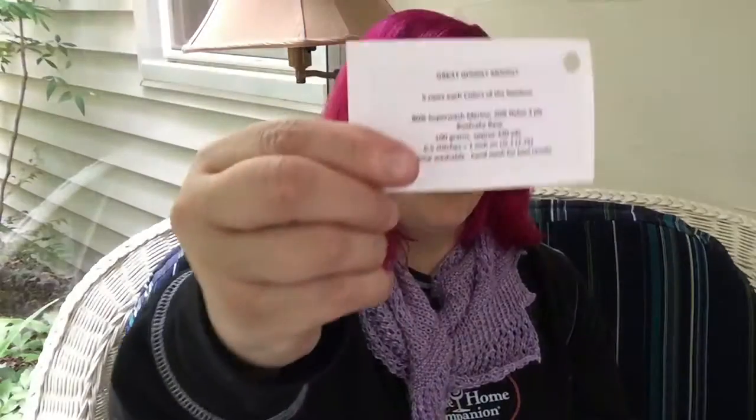But my backup yarn that I had purchased one time when I missed getting this colorway is called the Great Googly Moogly. And Great Googly Moogly is 5 rows of rainbow color. So there's one extra color in Great Googly Moogly that's not in Rainbow Connection. Otherwise, we're super close. Because when I brought them out to show my husband, he's like, those are the same ball of yarn. I'm like, no, they're not. They're completely different. He said, is part of it the name? And I said, yeah. So this is Great Googly Moogly,